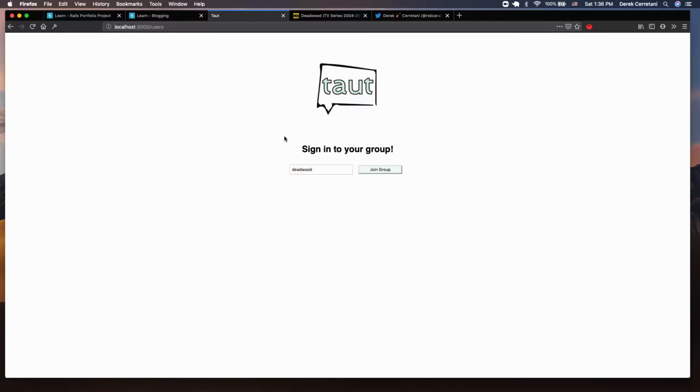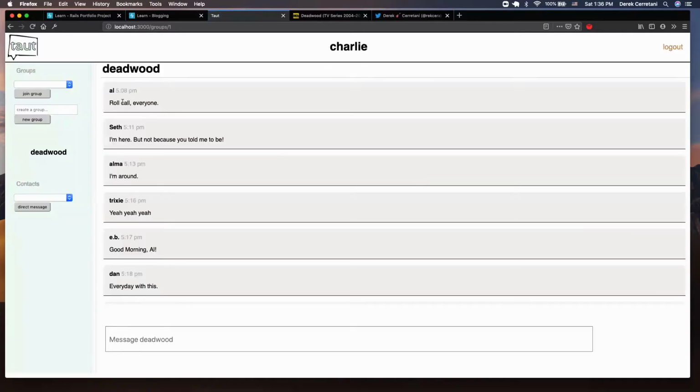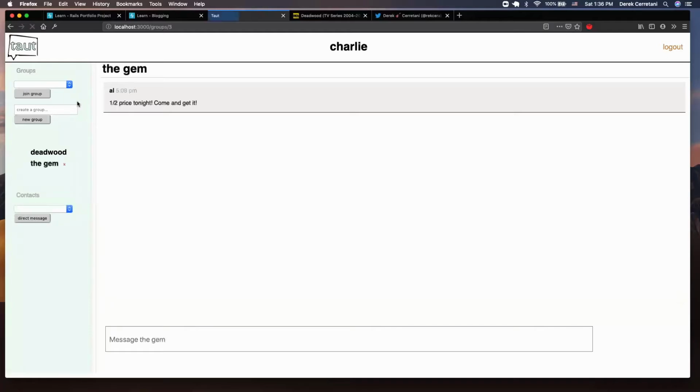So the Deadwood company told all their users, hey, when you sign up, sign up for the Deadwood group. They join that group. And now here they have access to the Deadwood group. Here's all the contacts associated with the Deadwood group and all the groups associated with the Deadwood group. All right, so he can check out the Gem, see what's being posted in there. And he can also message